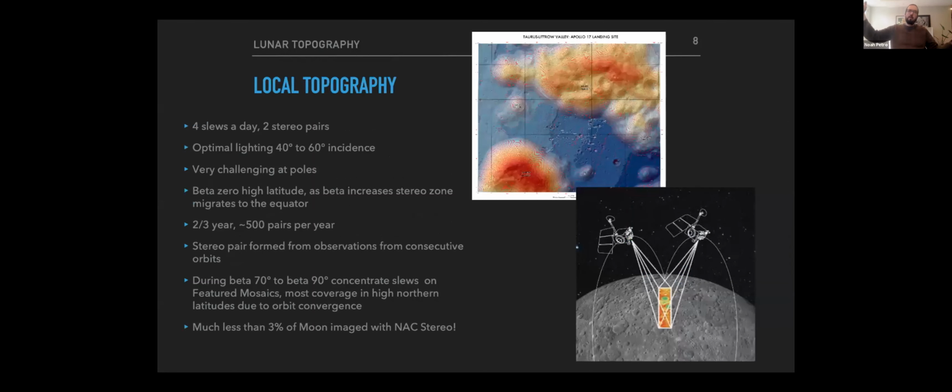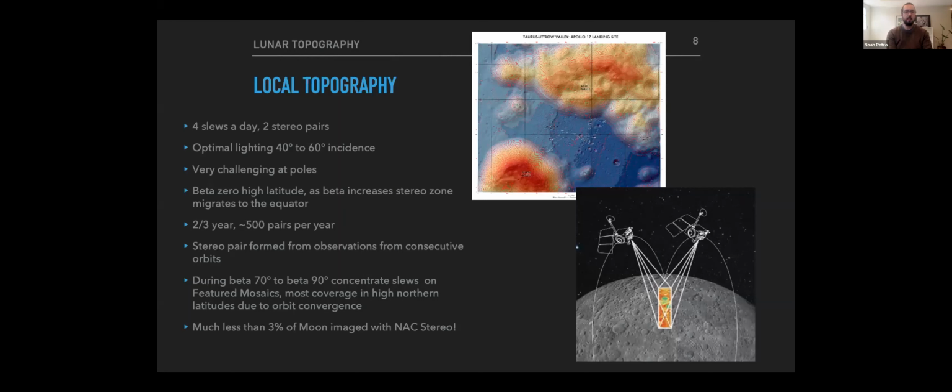So going from the global scale to a more local scale, what we show here is an example of a large region, the Apollo 17 landing site and its environment, as measured by the narrow angle camera stereo observations. We can get these observations through slewing of the spacecraft, small slews. There are seasons of the year when we are under ideal illumination conditions. Again, getting these types of observations at the poles is challenging. We have been able to do that, but for particular areas of the poles, we already do have some of those 2 meter per pixel